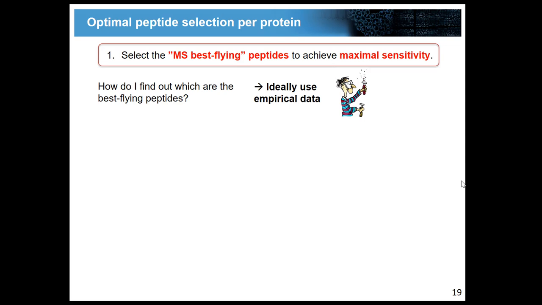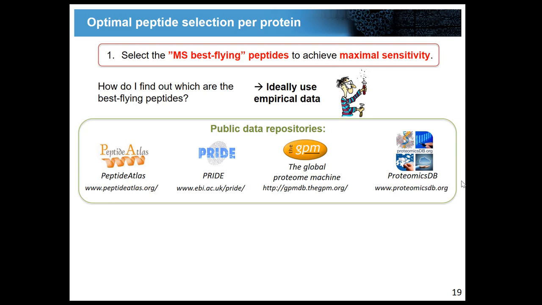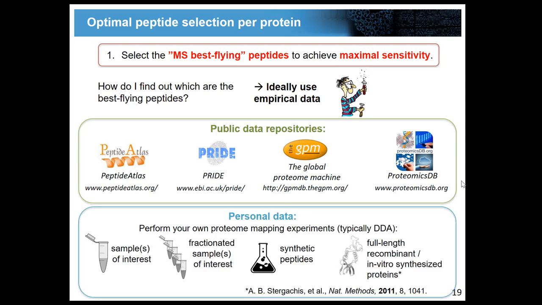You can use the data of other people, which makes a lot of sense, and you should always do that. There are repositories out there that we have in proteomics, and there are just 4 examples here, where you can look up your protein of interest, with which peptide is it described, how many spectrum counts does a certain peptide have, and you should use this resource. However, even better is to also